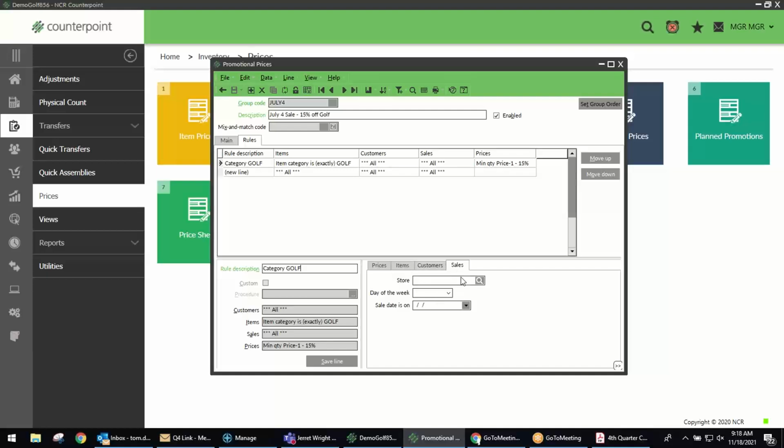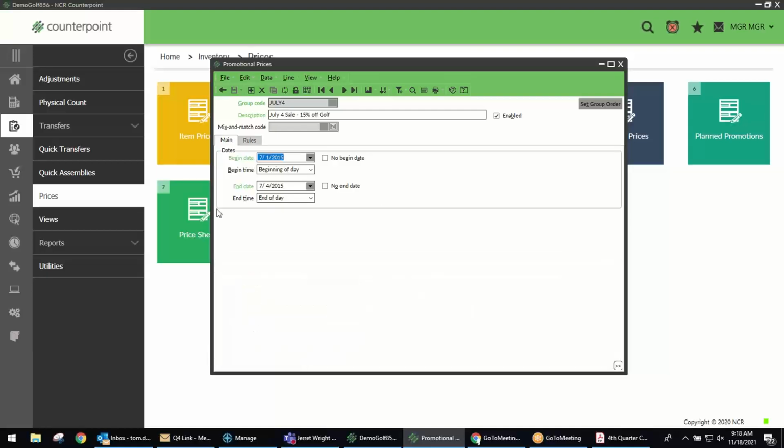And lastly, with promotions, there's even a filter called sales. And this is where, let's say you're one of our vendors or our customers who has multiple locations or stores, you can actually create promotions by store. So maybe you have a really awesome sale for your Rochester location, but nobody in the Twin Cities is going to get this deal. So you could actually create a promotion and just specify a single store, and that's how you can filter that. So that's a 4th of July sale, but now let's actually build one from scratch